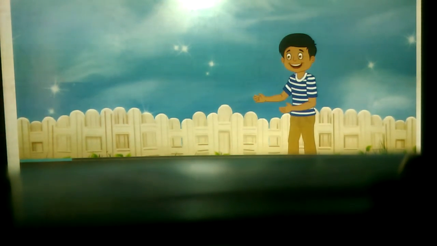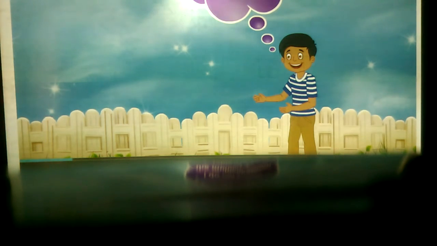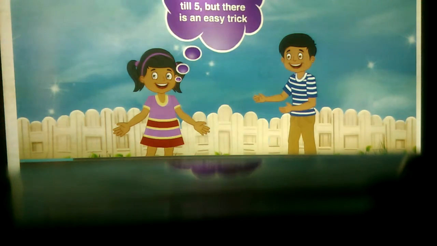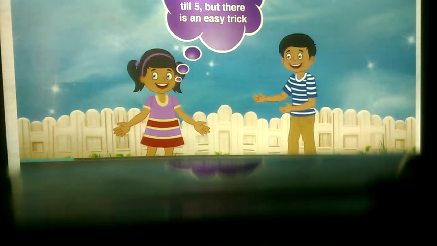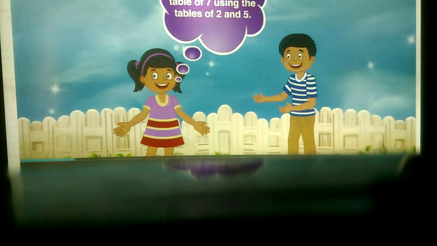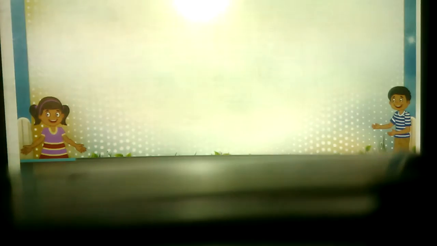Bunty says, I do not know the multiplication table of 7. Guddu says, I know the tables till 5, but there is an easy trick. I can make the table of 7 using the tables of 2 and 5. Table of 2 is 1 2s are 2, 2 2s are 4, 3 2s are 6, 4 2s are 8,